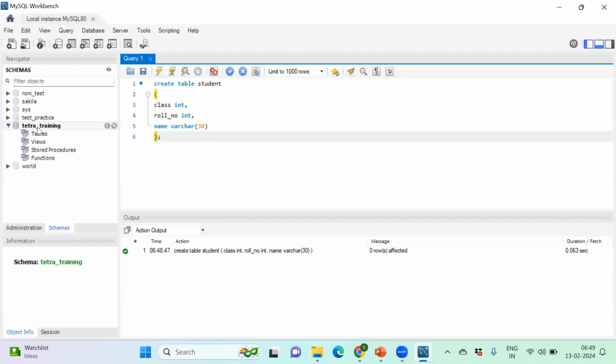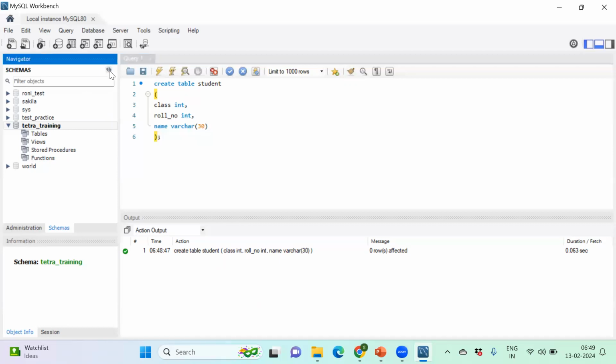But over here, I cannot see any clue. Let me refresh the database with this button. I refreshed it and I can see this kind of symbol has appeared, meaning there are some tables under tables. Let me click there. Yes, I can expand it and I can see my student table has been created over here. I can expand this one as well. If I expand it, I can see